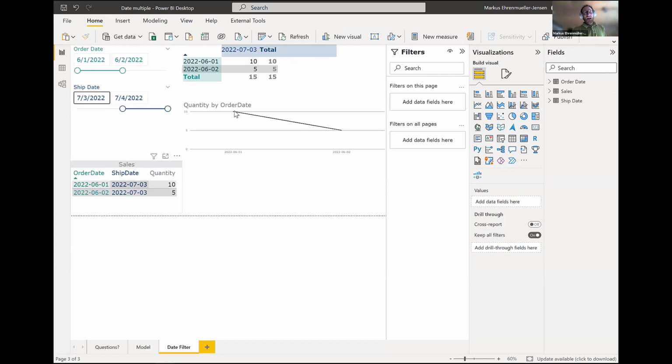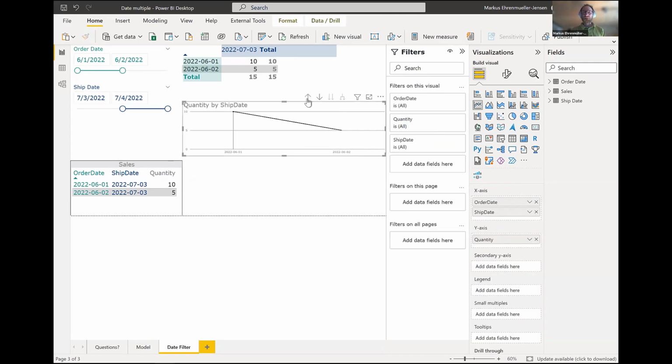With that approach, I can only have one table, so one line chart. So I cannot put 2 different, like the quantity by order date and the quantity by ship date, on one column. I can have like a hierarchy where I change between those 2. That's possible. But what's possible is to have a matrix where I put then my